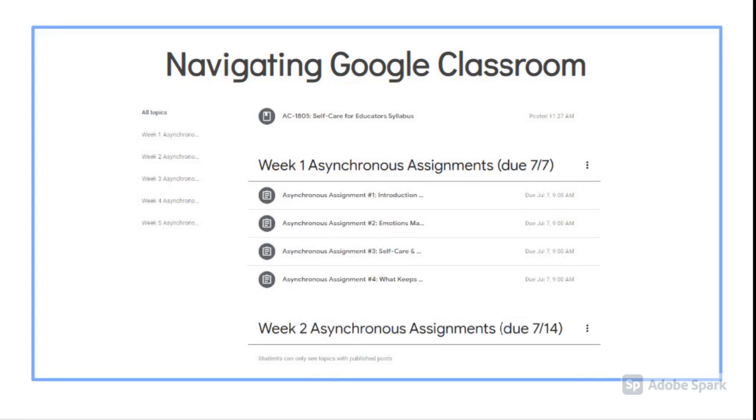In the Classwork tab, you can see and access all asynchronous assignments and additional class materials. You'll notice that each week's assignments are numbered. This is the recommended sequence for completing each assignment. Deadlines for the asynchronous assignments are clearly noted.